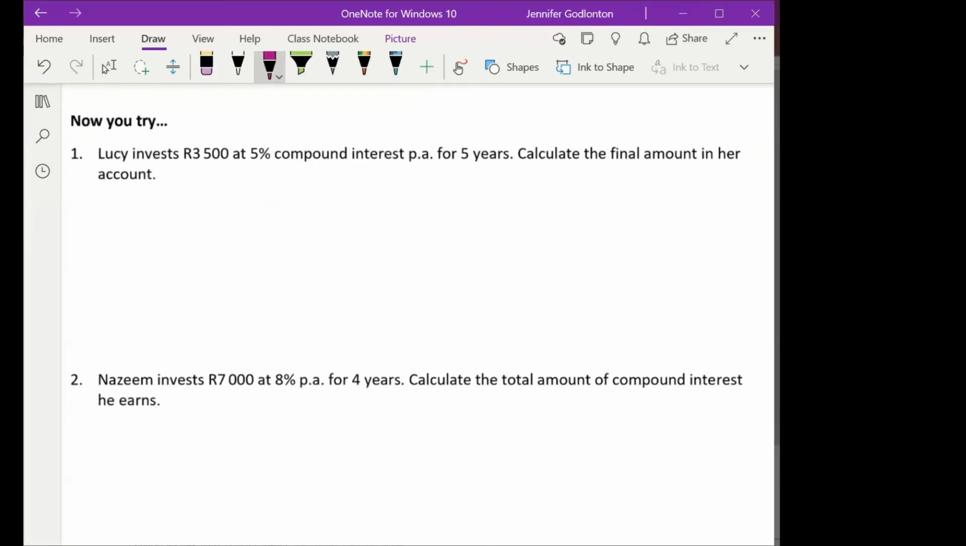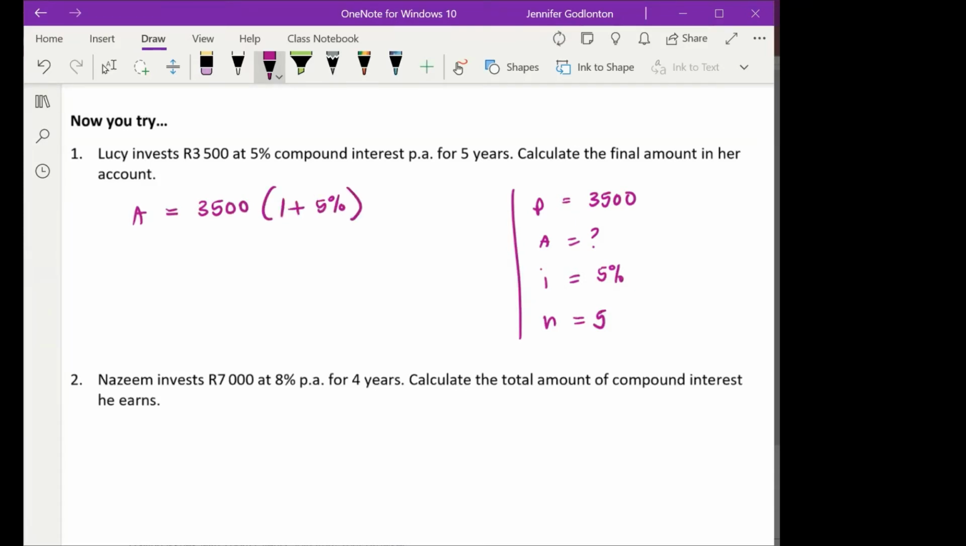Okay, so the first thing we want to do is write down everything. So PAIN: we knew our P was 3,500. A is what we are looking for. I is 5% and N is 5 years. And so we just chuck it into our formula, exactly like that. And make sure that this is a power, so it's up there to the power of 5. And what we end up getting is